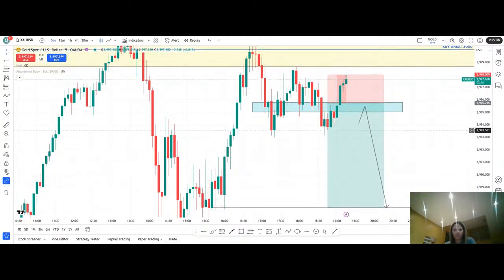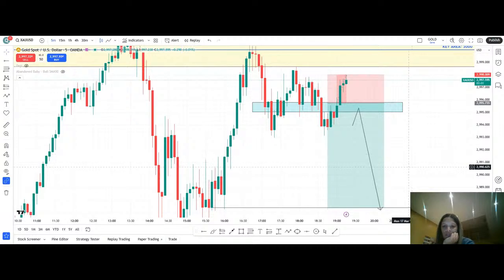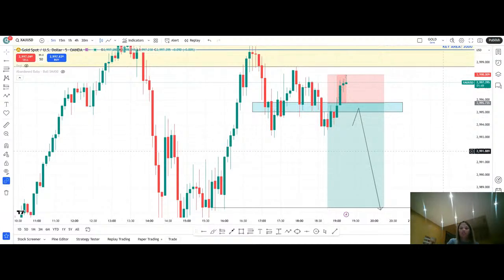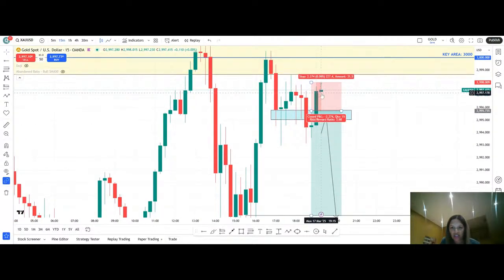Alright, so that is part of trading, taking losses on a live call. Let's see. It just retested our stop loss. I'll give it some time for the 15-minute candle to close. I just want to see whether we're going to get a bearish candle or